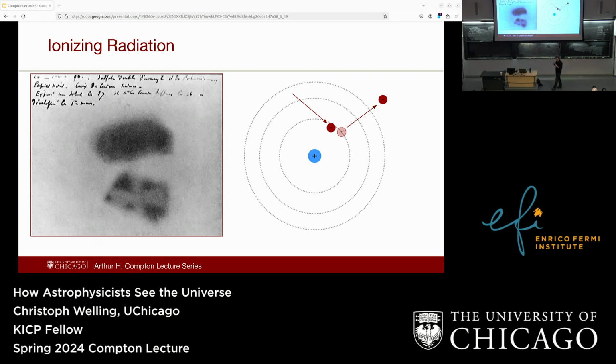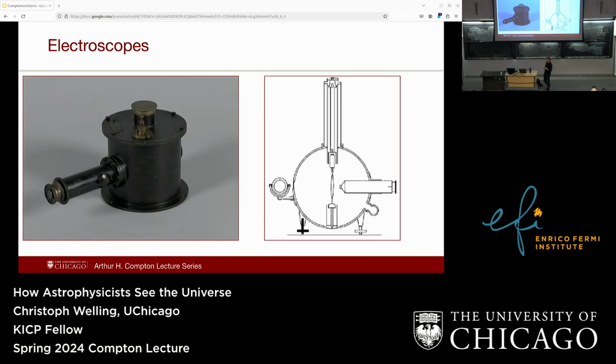It also, if this happens to, for example, one of your cells, you have a bit of a problem, because this atom is going to want its electron back, and it's not really picky where it gets it from. So it becomes really, really reactive, and if that, for example, happens in your DNA, that can cause all kinds of problems. But what also happens is that now you have this free electron running around, and if this happens in a gas, for example, this electron can move more or less freely, and so the air becomes a little bit conductive. And this was how some of the first radiation measurements were done, with something called an electroscope.